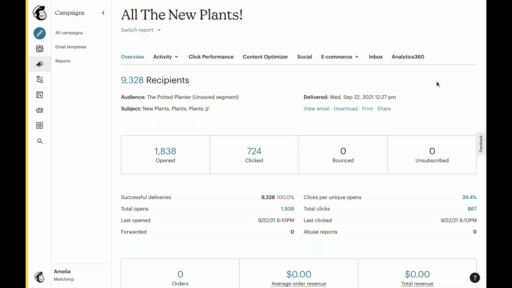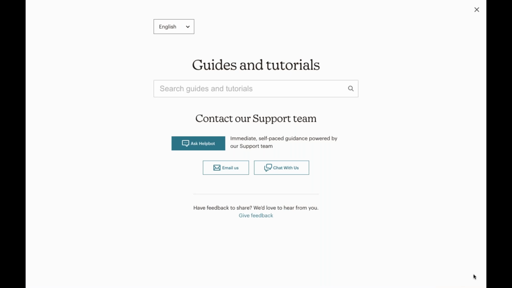Now, when you're working in your MailChimp account and encounter a scenario where you need guidance on how to get things done, all you have to do is click on this question mark icon that you're going to find at the very bottom right-hand corner of the page where you're logged in. So I'm going to select it right now. And this will bring up our in-app knowledge base, which will queue up some recommended articles if you type in any term. But we're going to go ahead and do a quick search right here with you right now.